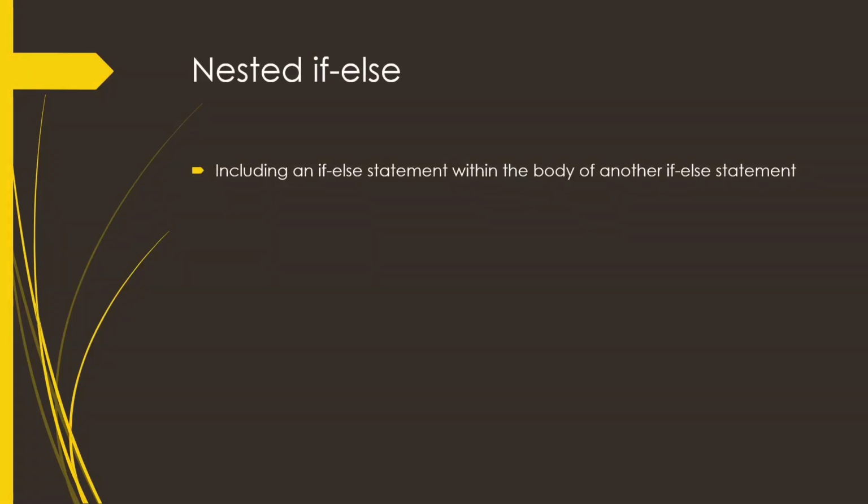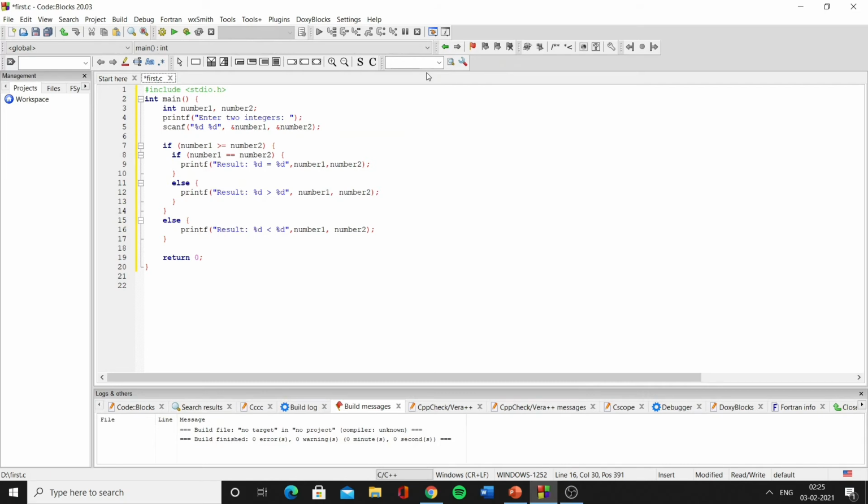Now, if we include an if-else statement inside the body of another if-else statement, then it is known as a nested if-else. So now let's go back to the code. Now this code is similar to the last code, but instead of using if and else if, we are using nested if else. So first we are entering the two numbers, then we are giving the if condition that if